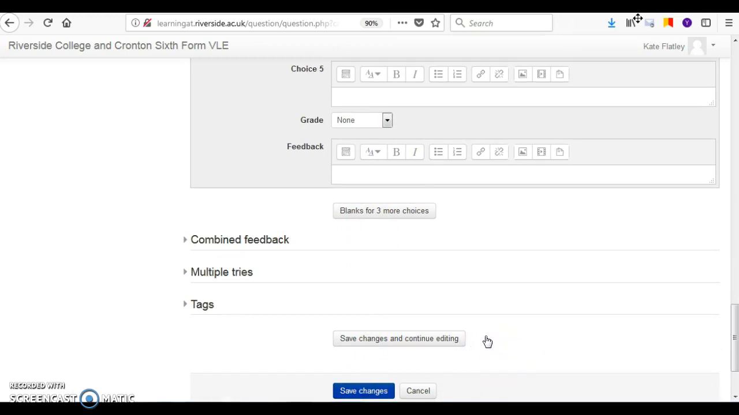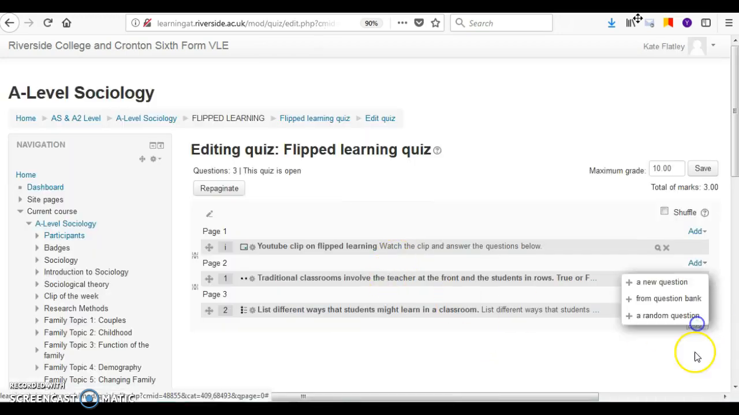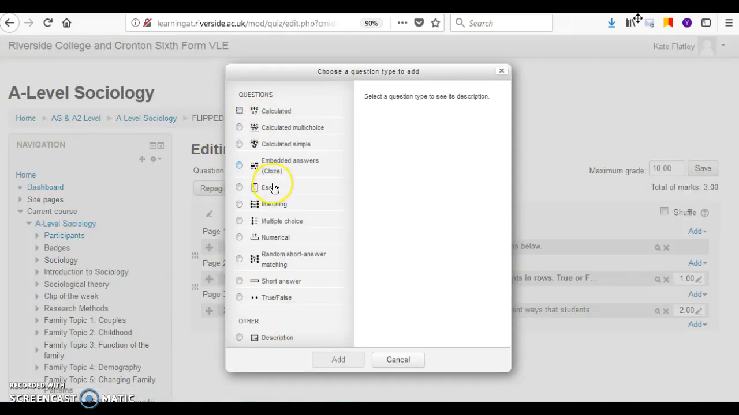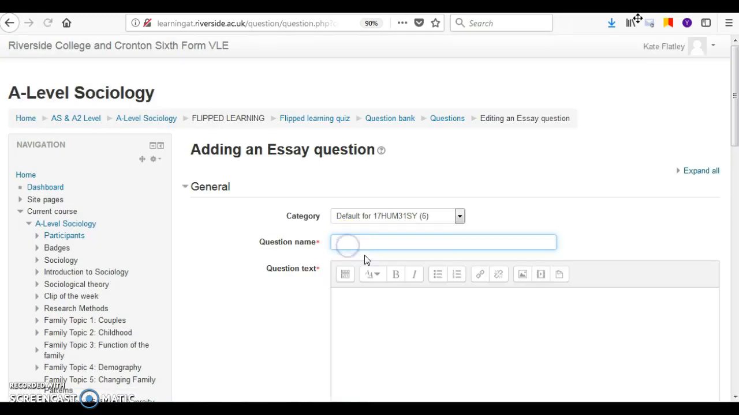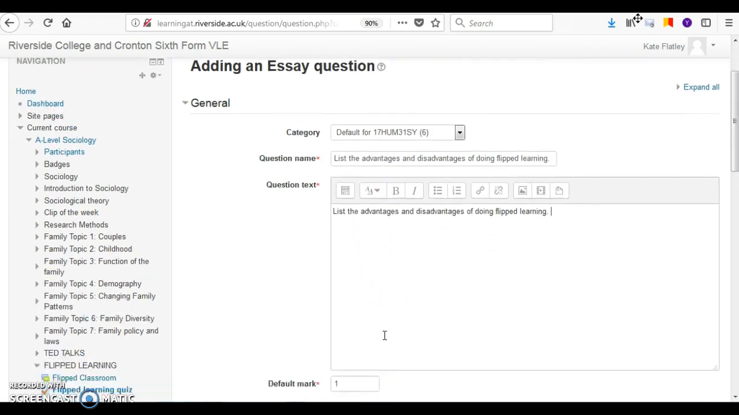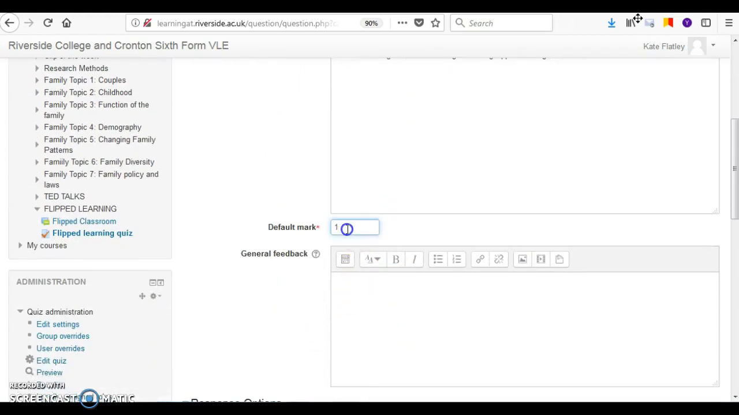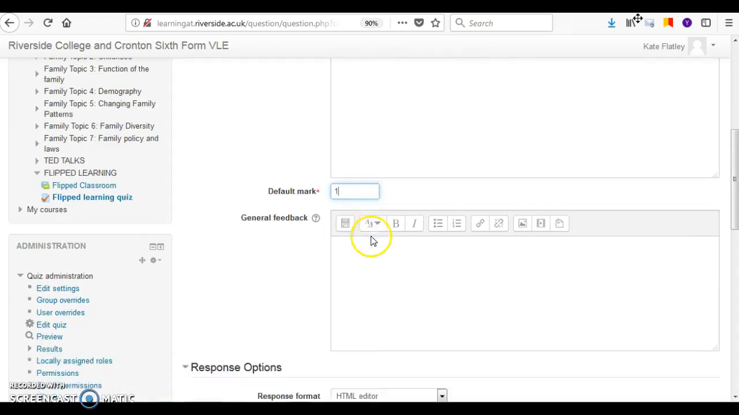So we've got 3 questions there. Now the last question that we're going to add is an open question, and it's going to be a longer answer. Okay, so this time we're going to add list the advantages and disadvantages of doing flipped learning. Okay, and then you can choose how many marks you give it. You might want to give it 1 mark, you might want to give it out of 10 based on what